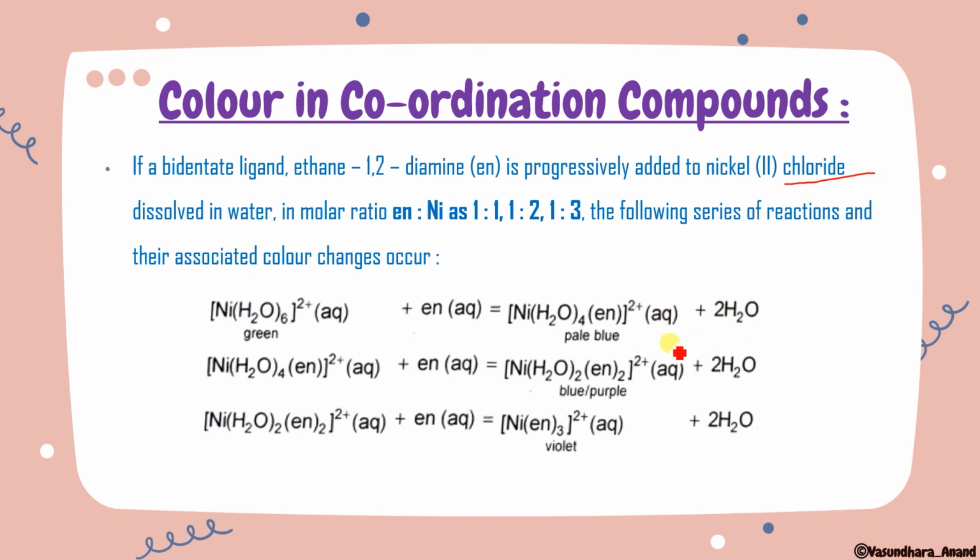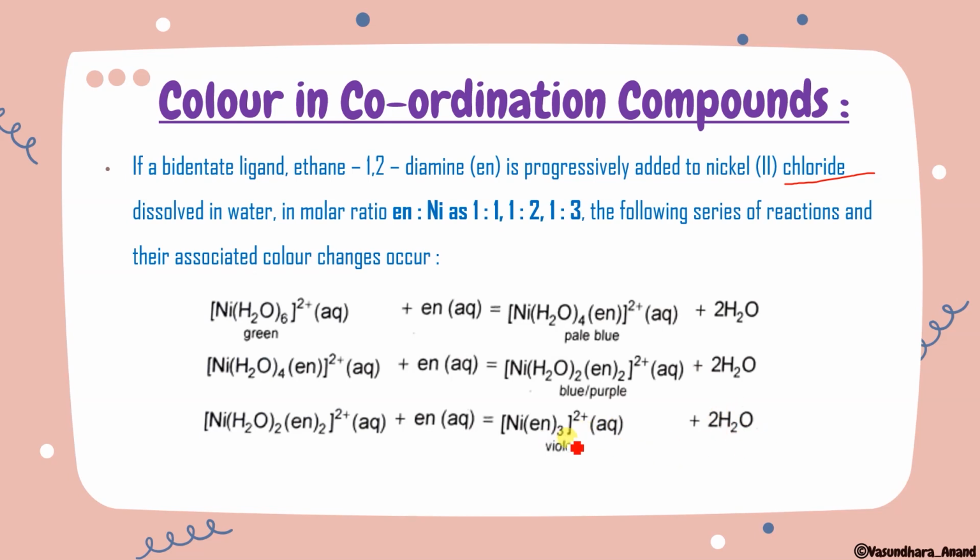So that it is. Now, whatever the product we got, in this again one En is going to attach. So one En is going inside. That means it will take 2H2O outside again. So 2H2O will be left inside and it becomes [Ni(En)2(H2O)2]. Now again one more En if I am adding, the remaining 2H2O will come out and it will remain like Ni(En)3 with 2+.